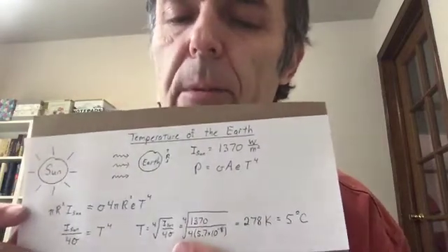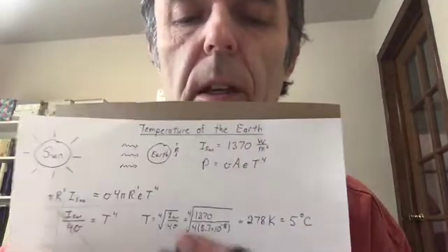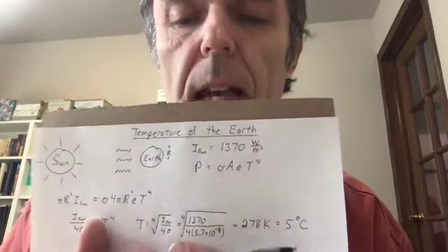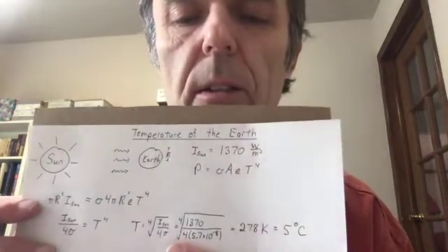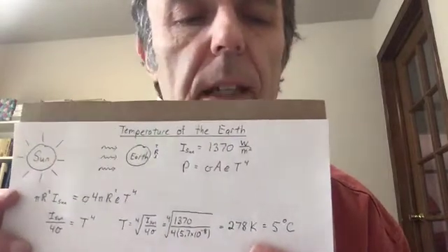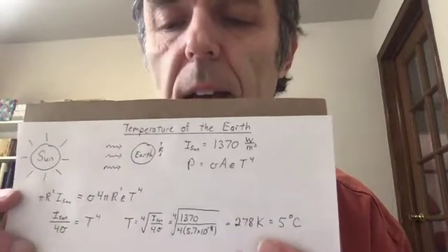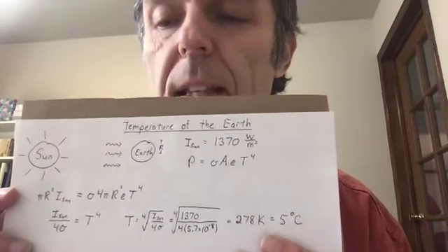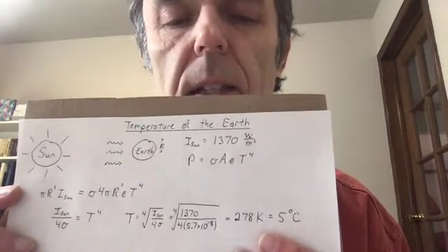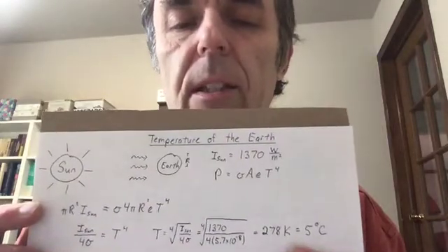It's not a bad prediction for the temperature of the Earth. This is an average temperature over both the parts of the Earth we live in and the North and South poles. So on average, that's pretty close. That's a rough prediction. There's a lot of things we don't take into account. We don't take into account clouds blocking some of the sunlight. We don't take into account greenhouse gases, which trap some of the heat into the Earth. But 5 degrees Celsius does give you an order of magnitude estimate just from the basic physics that we discussed today.